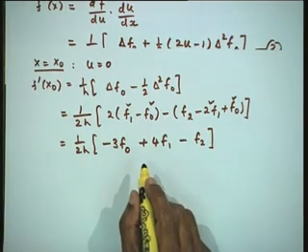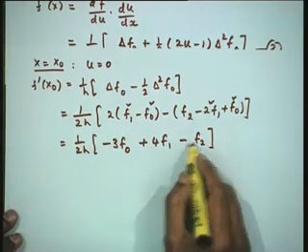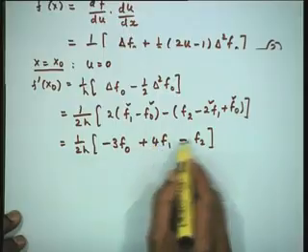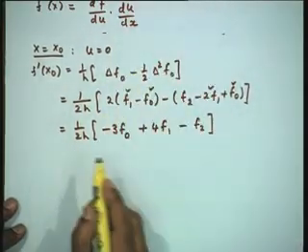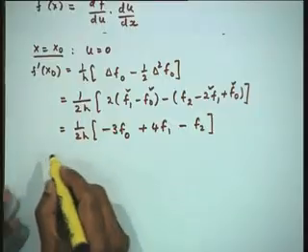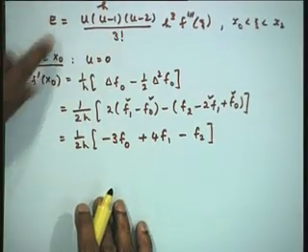Now, notice whether you are writing it correctly or not, the sum of the coefficients has to be 0. This is minus 3, plus 4, minus 1, so the sum of the coefficients is going to be 0. Now, let us write down what is the error expression for this. Now, I will take this error expression and differentiate it.